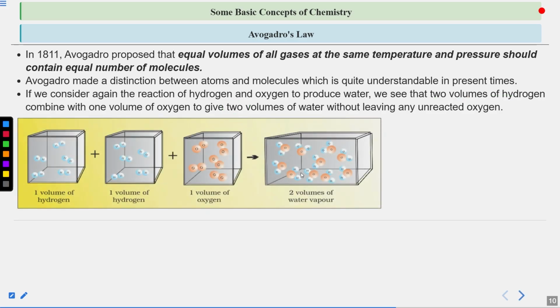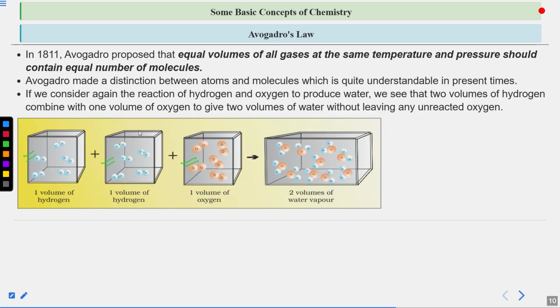Now, this is the pictorial representation of what I am trying to explain. In this case, we are taking one volume of hydrogen and one volume of hydrogen in the other case, and one volume of oxygen. So these are the combinations. If you combine one volume of hydrogen and the second volume of hydrogen, you will get two volumes of hydrogen. Now why have I written it separately? The point that I am trying to make is that 1, 2, 3, 4, 5 is the count of hydrogen molecules in one volume of hydrogen. And the count is same for the oxygen molecule. And why is it same?